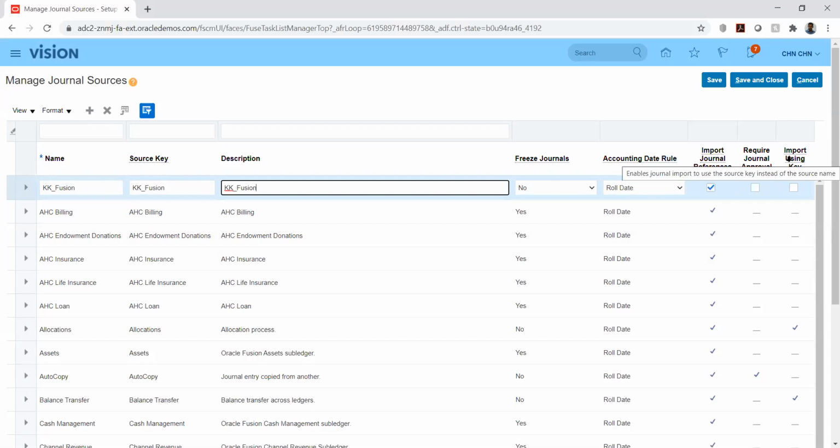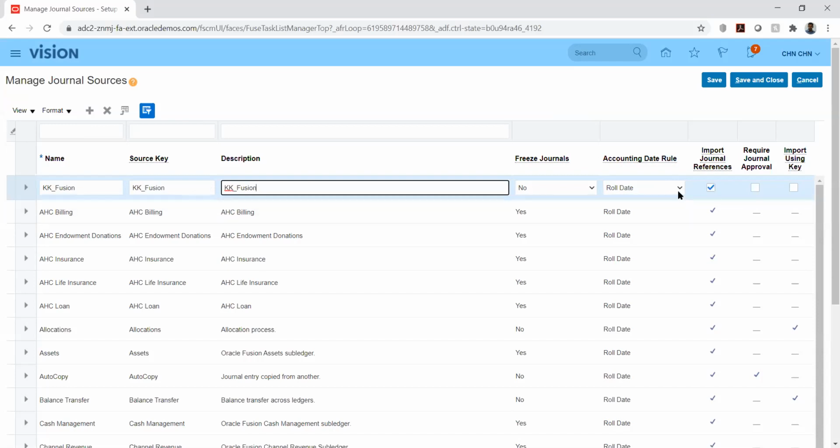Source key is nothing but, while we are importing the journal entries, basically we have the description of it or the batch name for that. So if we are enabling this particular option, import using key, system will pick this as a journal name, and after that we will have a sequence of numbering. So accordingly, system will generate the journal entry name. So that is the option that we have.